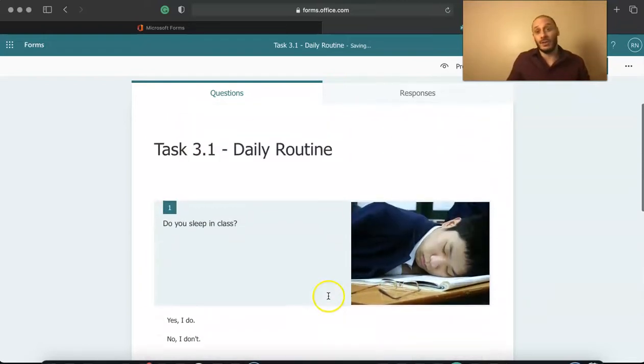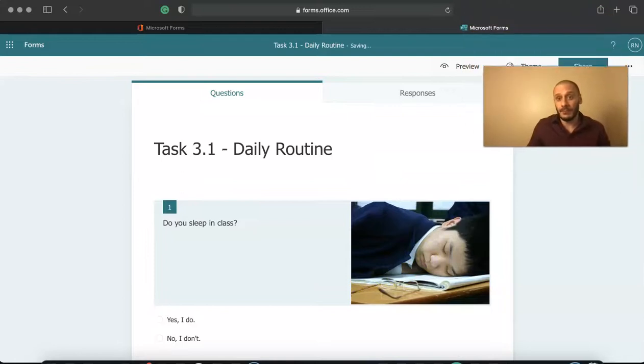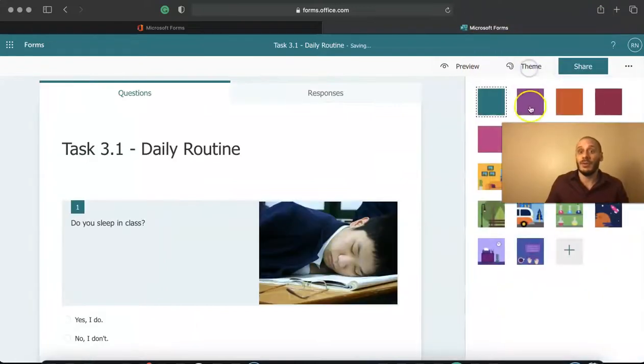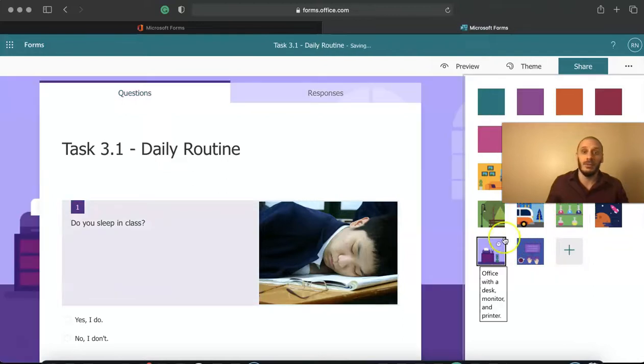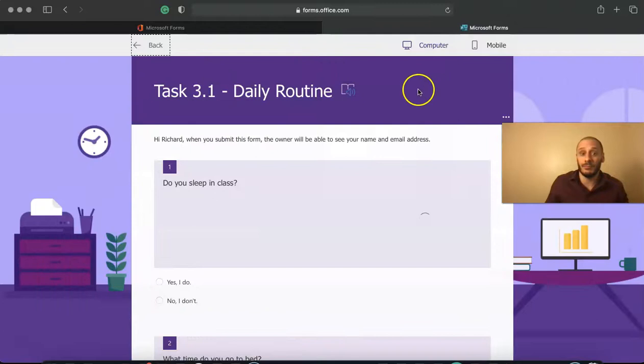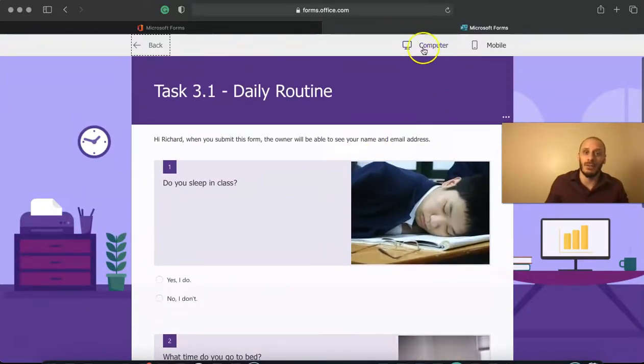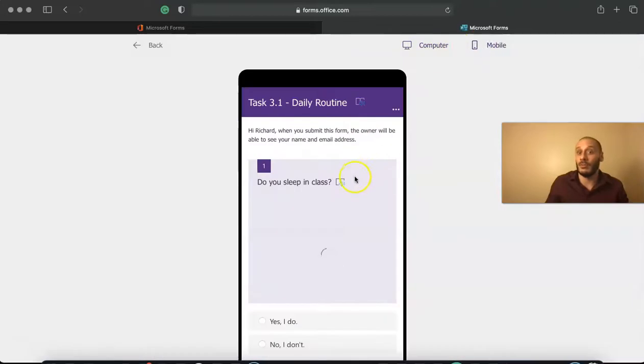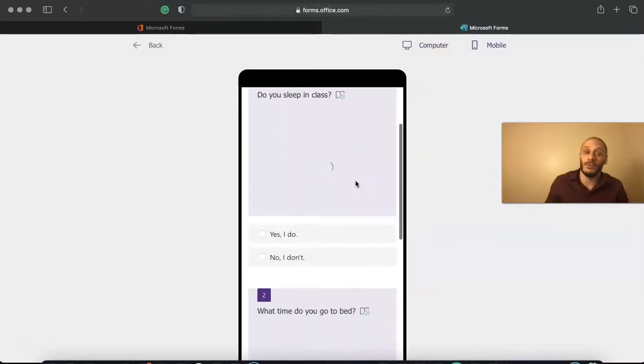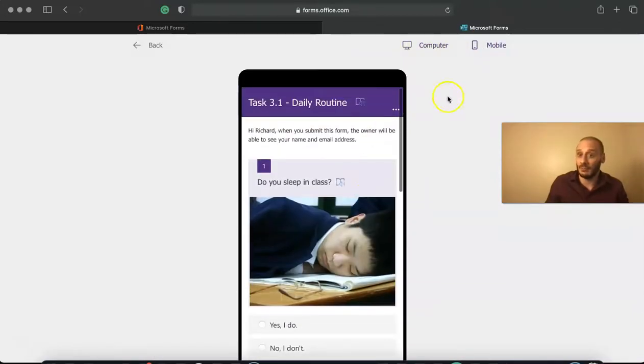You will have 10 questions, okay? If you want, you can change the design. And if you want to see your quiz, it will look like this. Or if you do on the mobile phone, your quiz will look like this, okay?